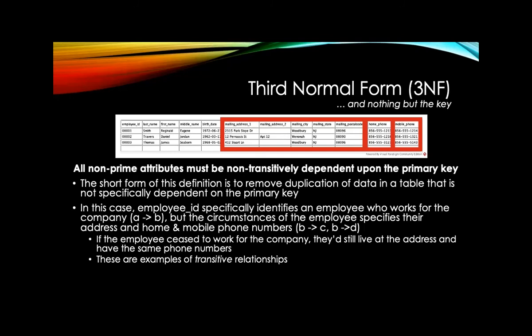So I've got a street address, maybe an apartment at a particular street address in a city, in a particular state with a postal code of 08096. Zip codes change over time in the United States, and they probably do in other countries as well. So I can't include something here that is functionally dependent on an employee ID and a street address and a city and a state